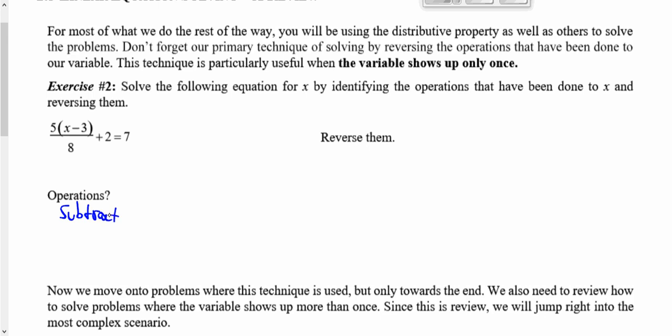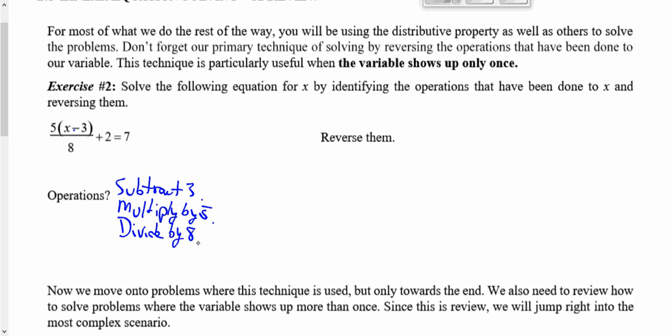Multiply by 5. So subtract 3, and that result gets multiplied by 5, right? Divide by 5, and then what? Divide by 8 after you do that? And then the last thing you do is add 2. Okay? Now, just like yesterday, if you were going to solve this, we do the reverse of all this,